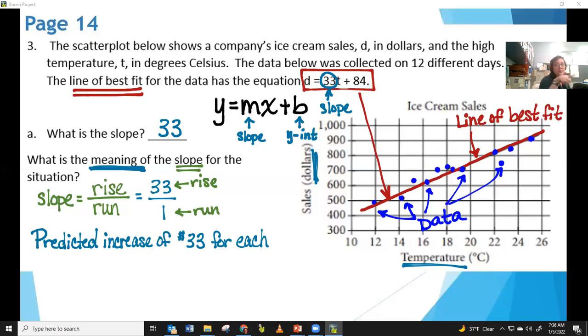Which way would we be running, left or right? We'd be running to the right. So would that be an increase or a decrease if I'm going to the right on the x-axis? Increase. Predicted increase of $33 for each